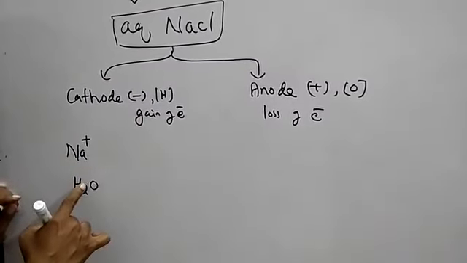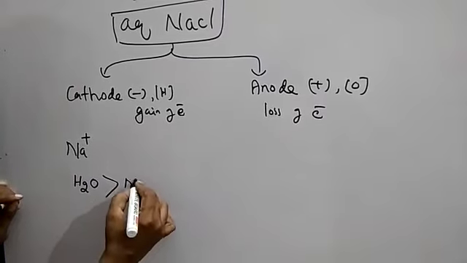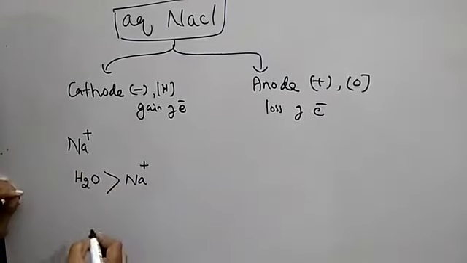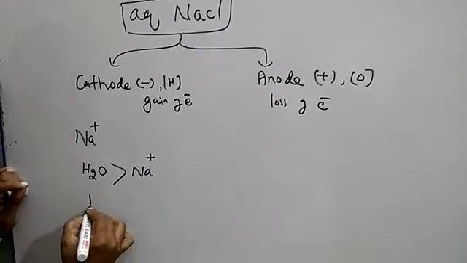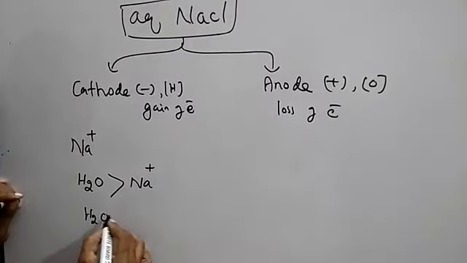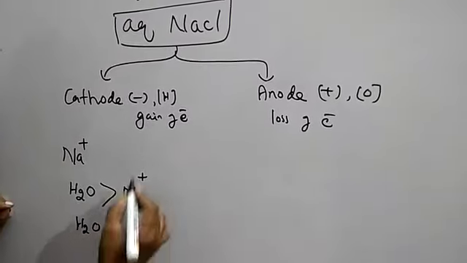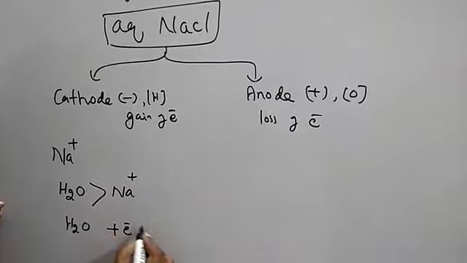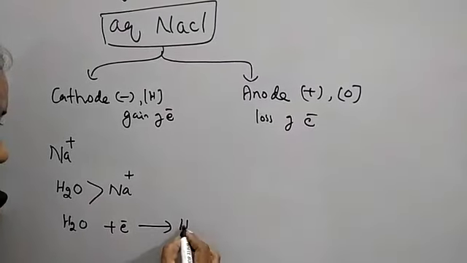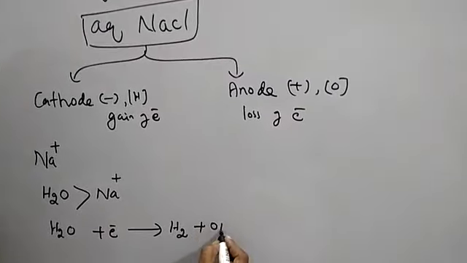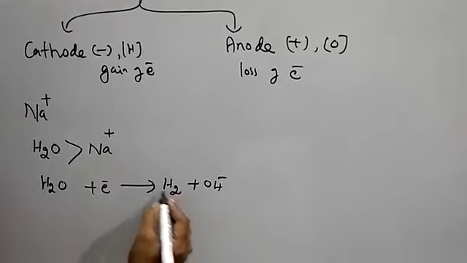Reduction potential of water is greater than the reduction potential of Na+. So water is reduced. What is the reaction of reduction of water? It gains electrons, giving hydrogen plus OH minus, and balancing,